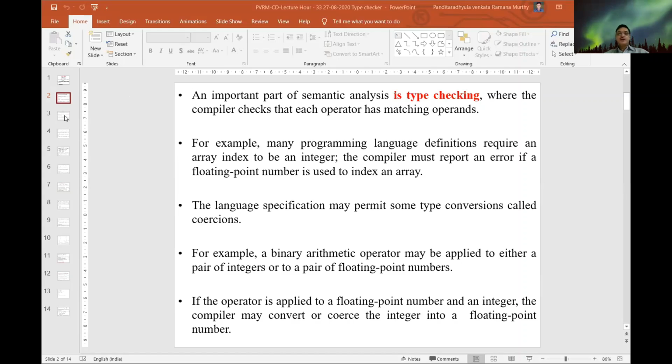Otherwise, whenever we are adding one integer with a floating type, the decimal point part will be lost and only two integers will be added. So it is leading to data loss. If you convert the integer into a float, the decimal point will also be retained in the result. That is the meaning of coercion, converting the integer data type into the floating point data type.